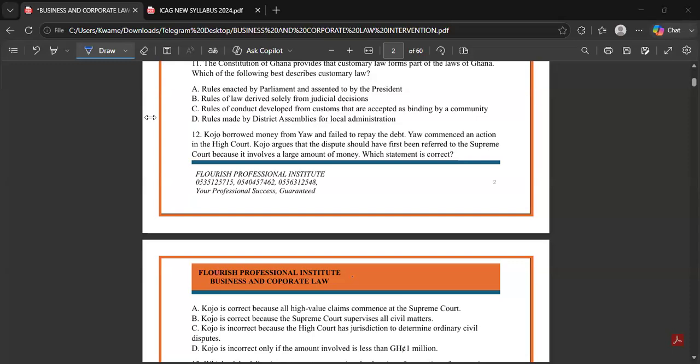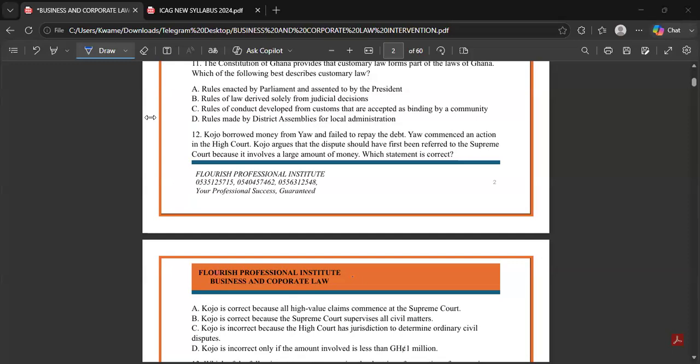As a community, they can accept that human sacrifice is binding on us. Under so and so circumstances or occasion, a human being has to be sacrificed. Or if you give birth and so happens, the baby will have to be sacrificed. It's a custom that the community has accepted as binding on them. But it is contradicting the human rights laws that our constitution has put out. The right to life is contradicting with that. So in that case, that customary law will not be recognized as a law.